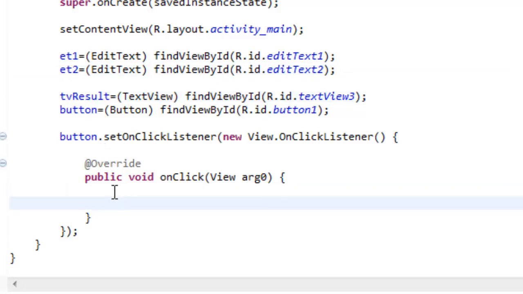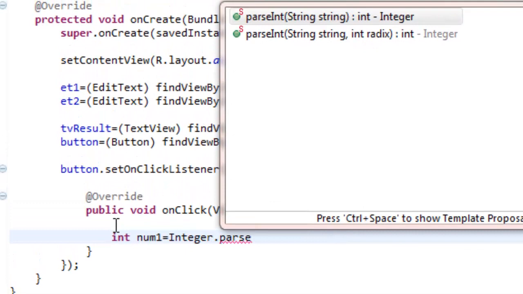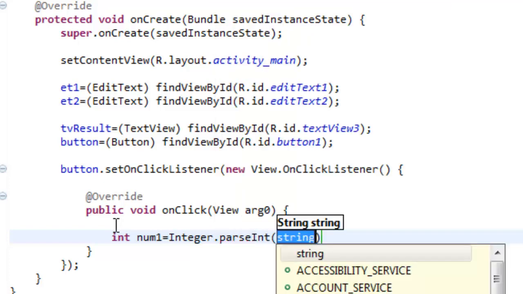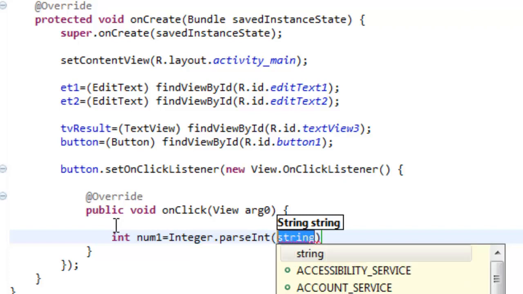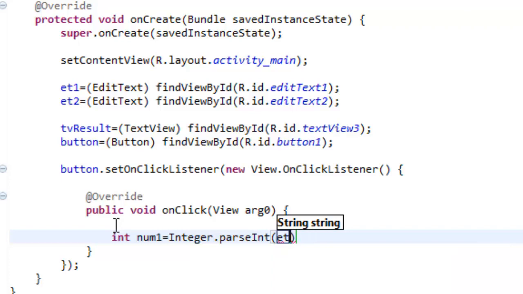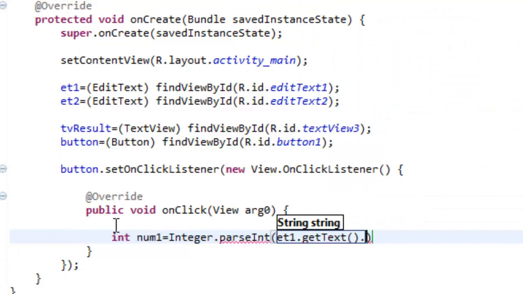So first we have an integer, we say int num1, and we have to pass the string which we receive from edit text into an integer. So we use our static function integer.parseInt. Now anything passed here as a string will be passed into an integer. So here we give et1 dot get text dot toString.